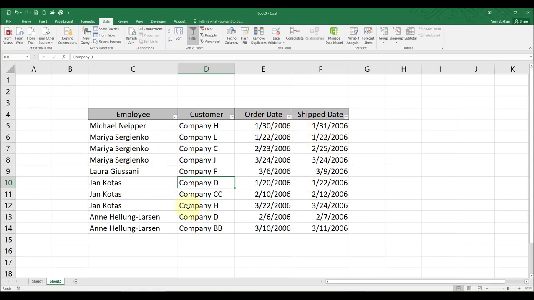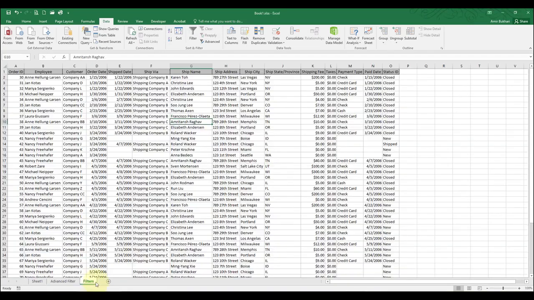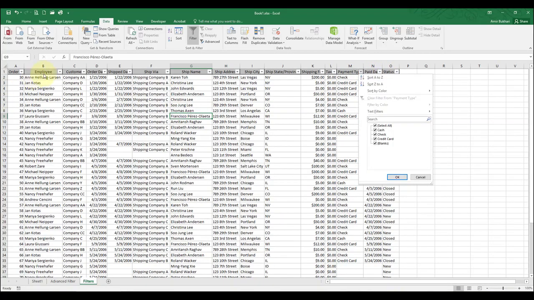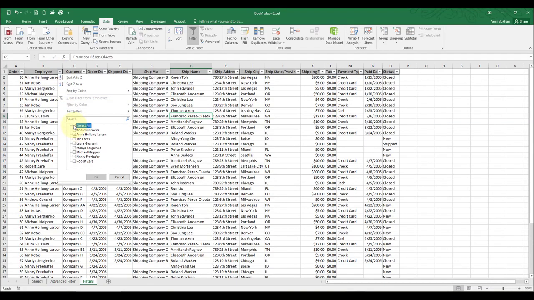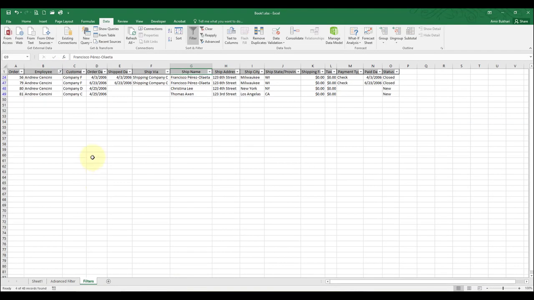Now this is just a very small data set. We can apply this filter to more data also. Again, you are in Data and we are inside here. So now see what happens. When you click filter, it automatically adds these drop down buttons to all of them. Now we can come here and try that thing. You can see